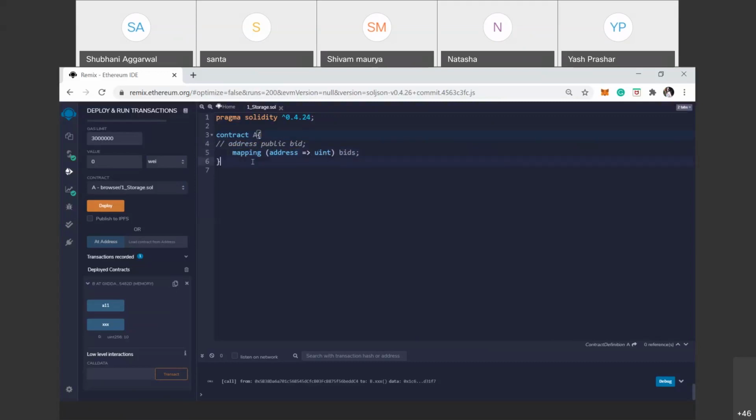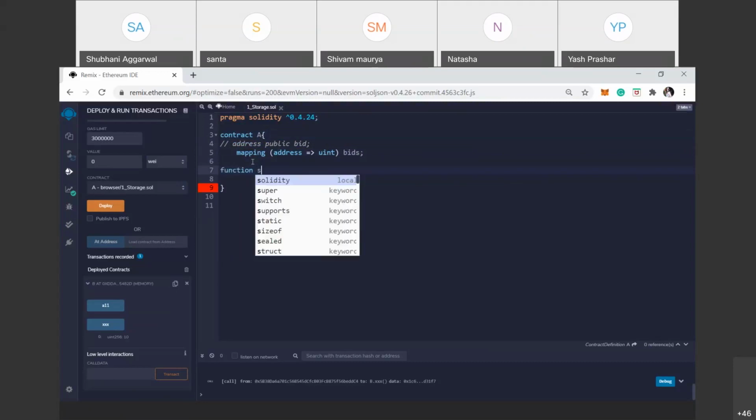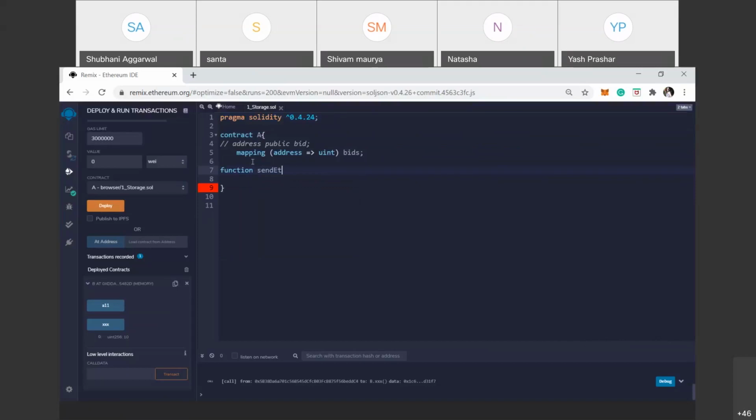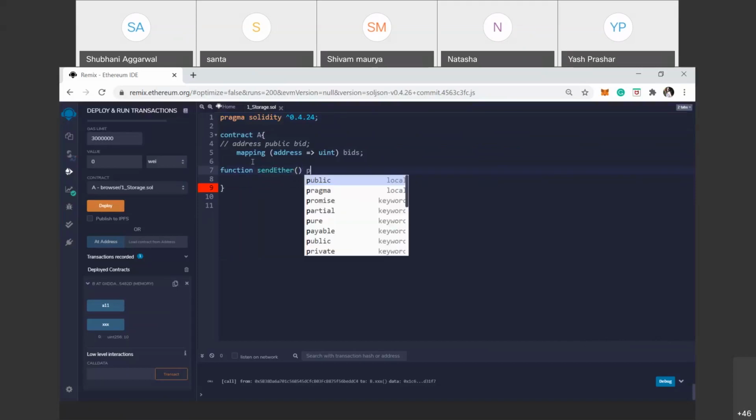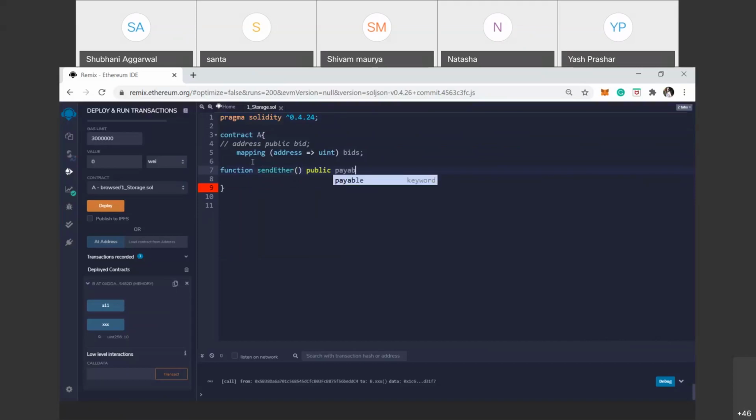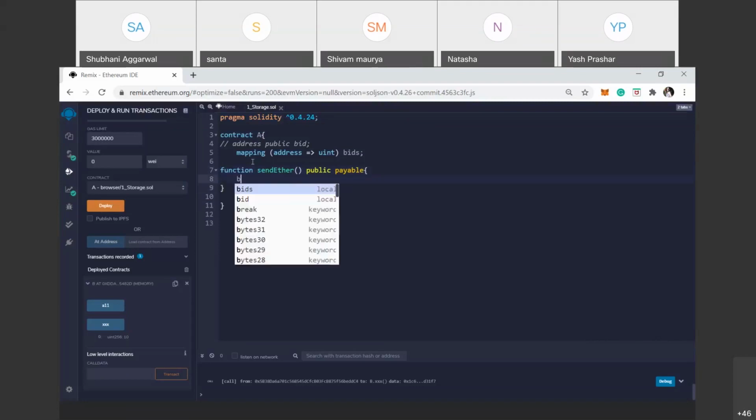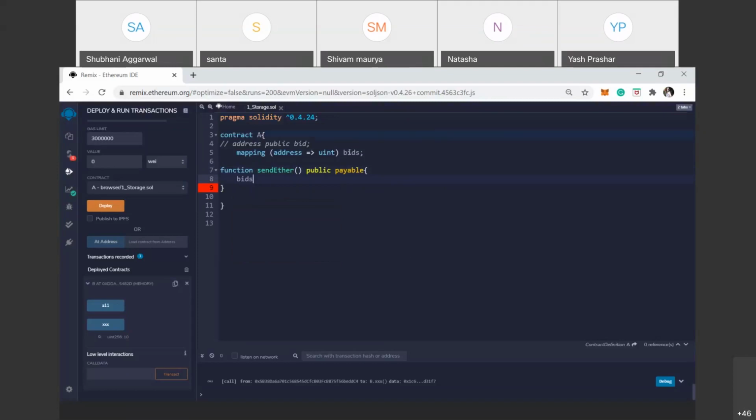Suppose we describe a function here, function sendEther, a payable function, public in nature, payable because we want to send some ethers. So here bids is that keyword.